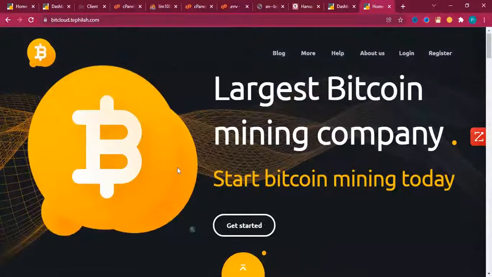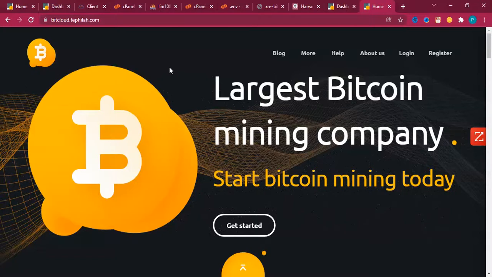So this is the same platform that you can own. This is the same platform that you can get started with in just a few minutes, or get running as your own BitCloud cloud mining platform. Now, the next thing we'll do at this time is to log in. We'll try to log into the admin back end so that you can see what it looks like at the back end, and how you can go about customizing the settings, effecting some changes, and adding some features you feel you want to add to the same BitCloud crypto mining platform.